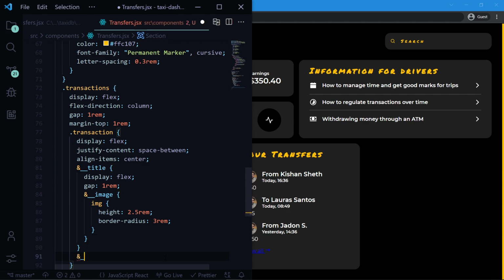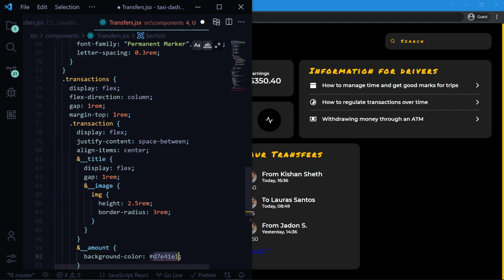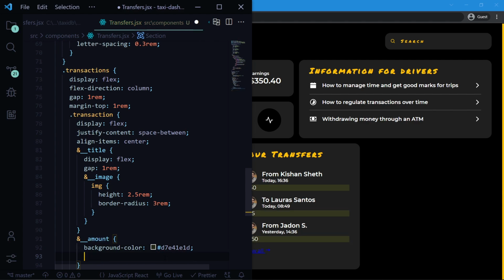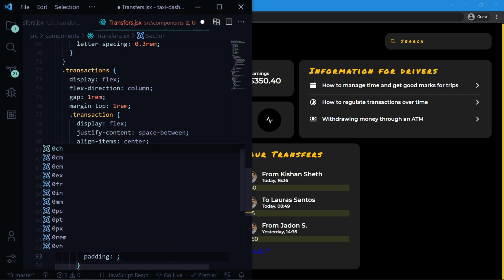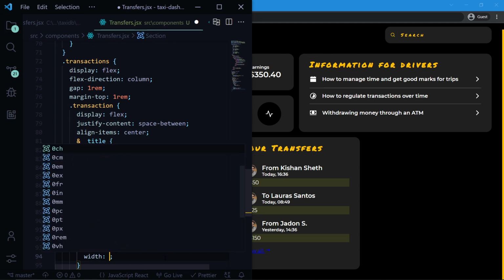After this we are going to select the amount, and we'll give it a background color of D7E41E1D. I'm sorry for that, D7E41E1D. Yeah, and now we are gonna give it a padding of 0.2 rem and 0.5 rem. We are gonna remove this ch, then we'll give it a width of 4 rem,